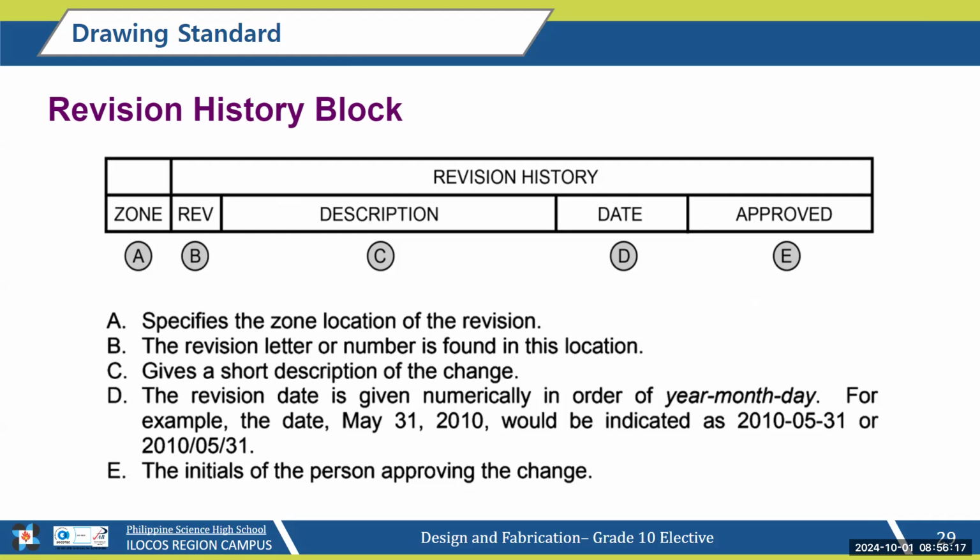B specifies the revision letter or number. C is for the description, which gives us a short summary of the changes made. D is for the revision date, which is typically shown in the format year-month-day. And lastly, for E, this includes the initials of the person who approved the change. It could be the engineer or the drafter.